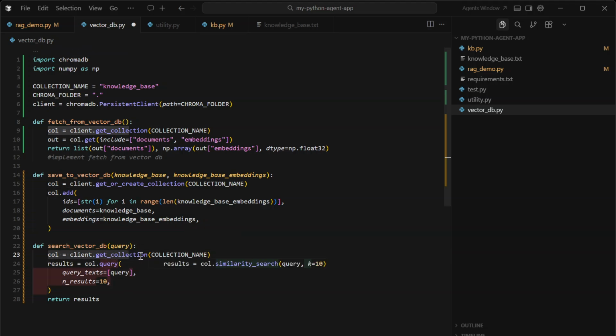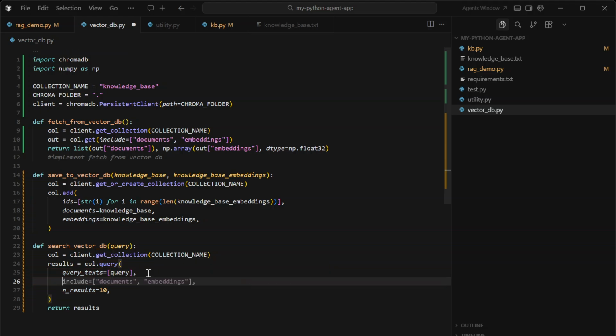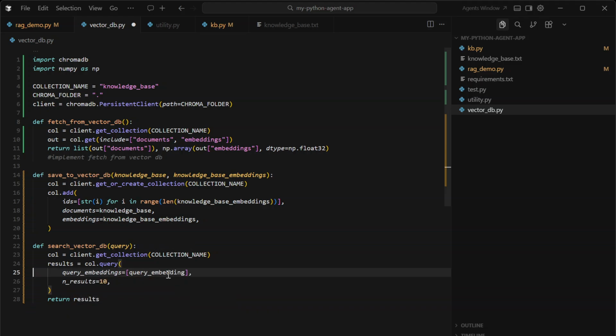So again get the collection and then do the query in that collection. Instead of get, we'll do the query. Query will be query embeddings. Okay, so here we will have that same